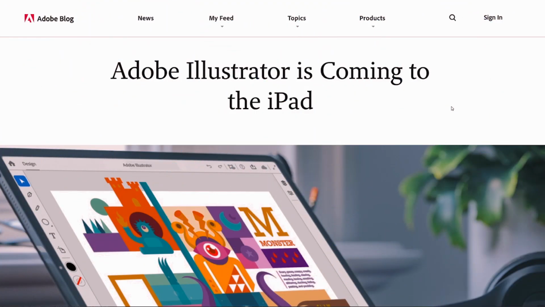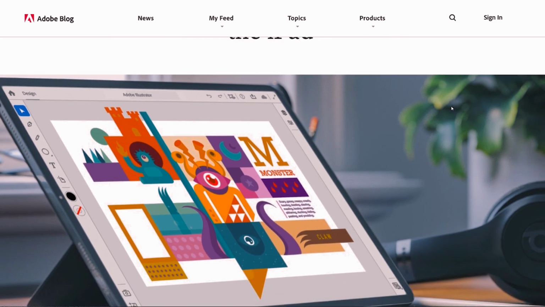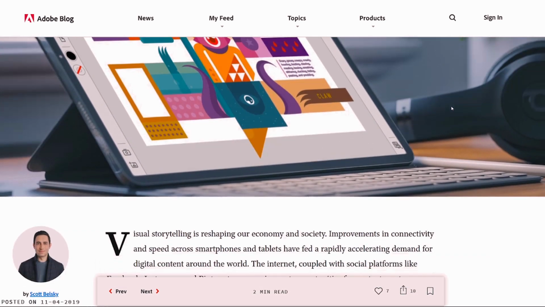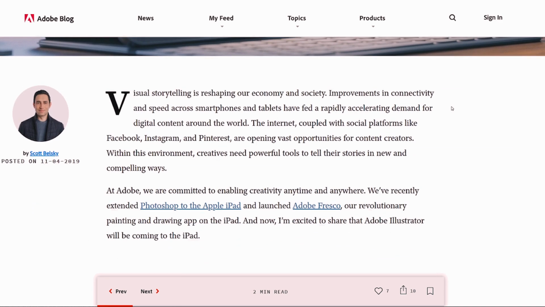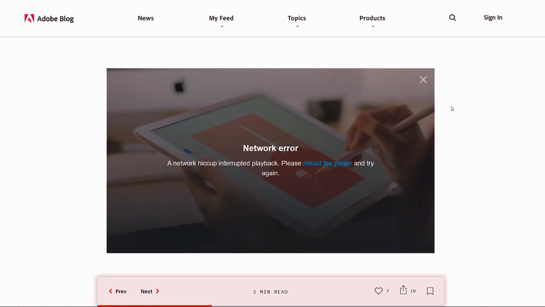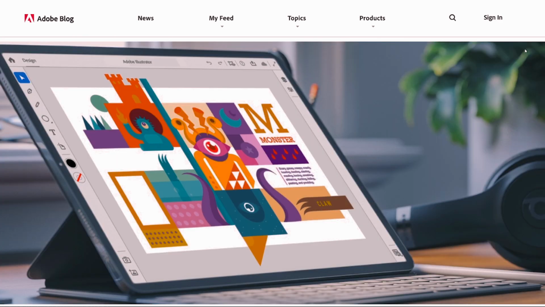So today I rewatched the keynote and I was taking a look at the official blog post from Adobe. Looking at the first image, I do have to say I was once again quite concerned, seeing the amount of UI on this app. What I'm trying to say is that once again, what if they're delivering an application that is lacking a lot of the features from the desktop version?